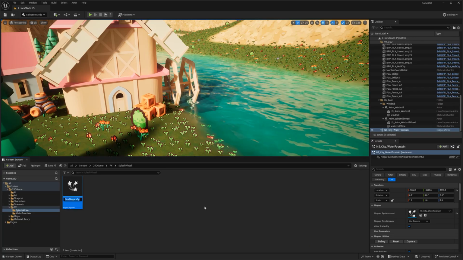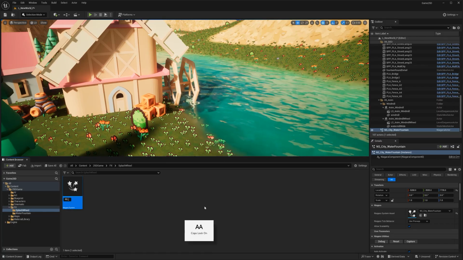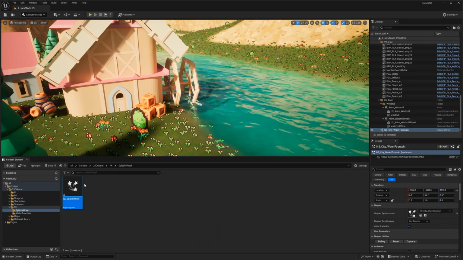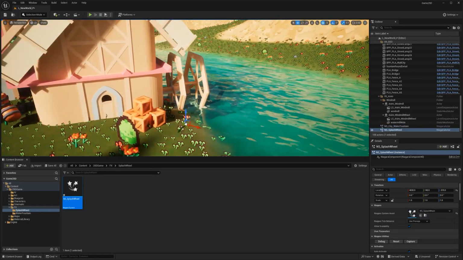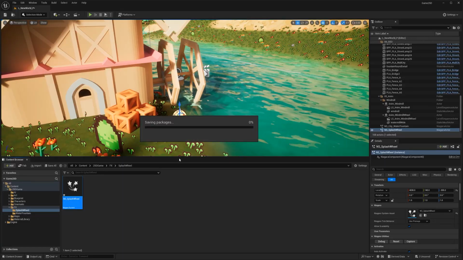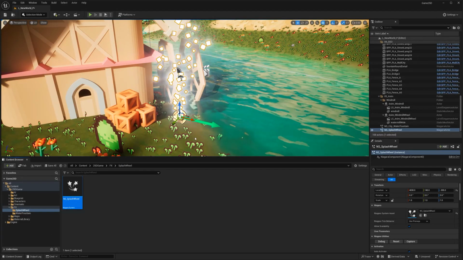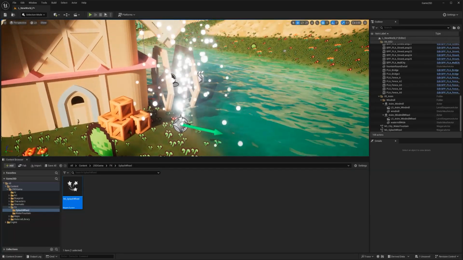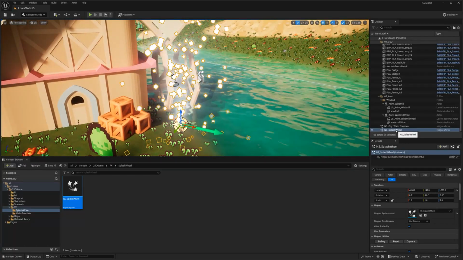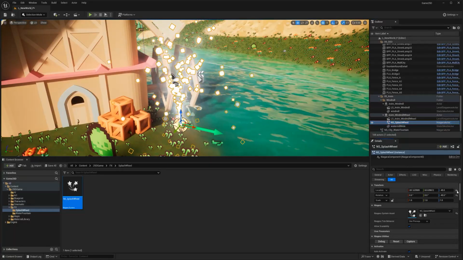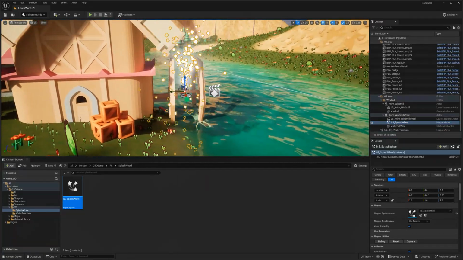So I'm just going to create, I'm going to say NS, naming convention for this, splash wheel. And I can just drag that to the scene and you're going to be able to see really, oh, why is it not showing? I guess I need to save. There you go. You're going to be able to see really quickly how a 2D particle looks like, which is why I didn't want to use it. I'm going to put that as a child of the wheel. Make sure that that stuff is there.